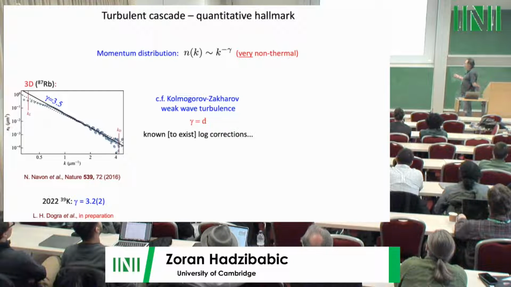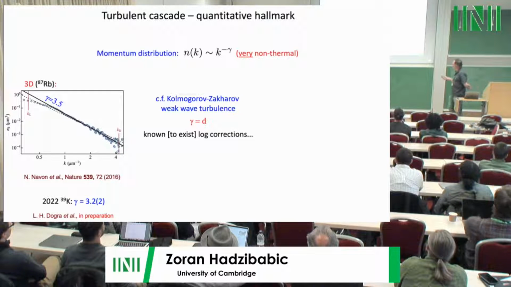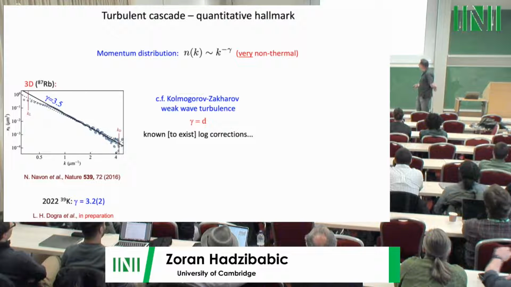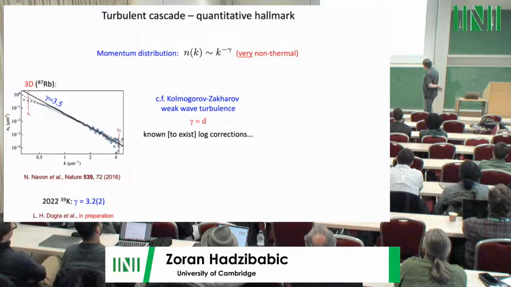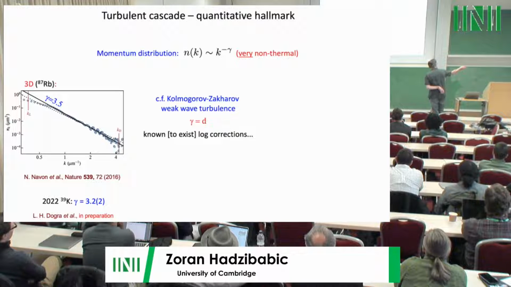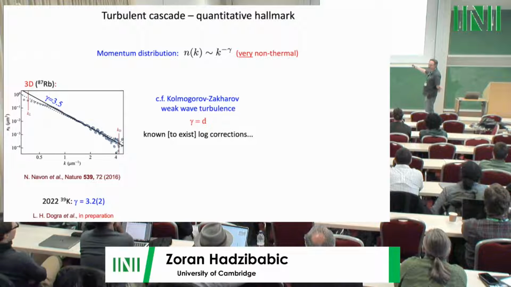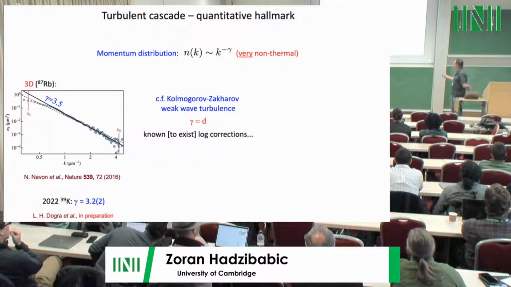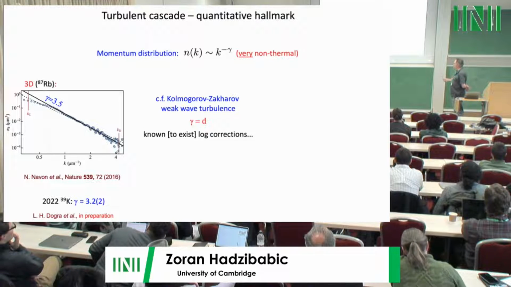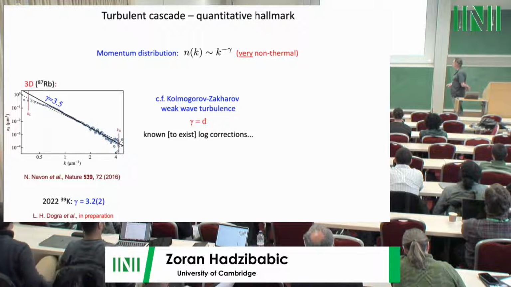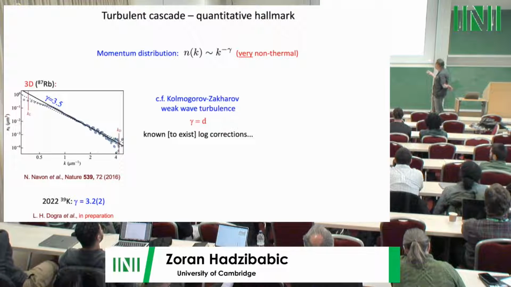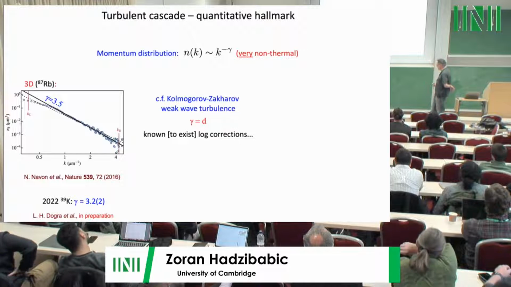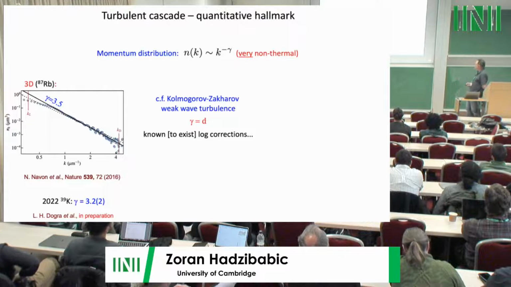And then this number actually agrees pretty well with the prediction for the Kolmogorov-Zakharov weak wave turbulence, where asymptotically, if we could go to, I don't know which way is this, north? It's probably around Manchester or so, you would get gamma equals d, then we get gamma equals 3, right? Asymptotically it's true, but in any finite system where you have a finite k range, you get some corrections to gamma of 3 due to some logarithmic functions that are part of the solution. And so we have looked at this in some detail, and this kind of number makes sense for our momentum range.